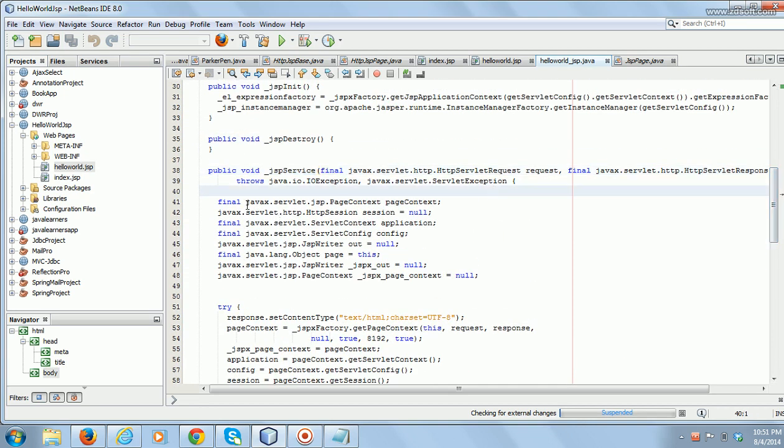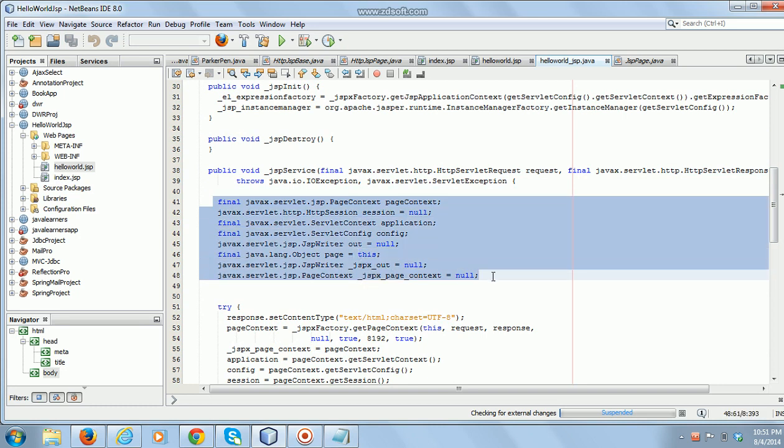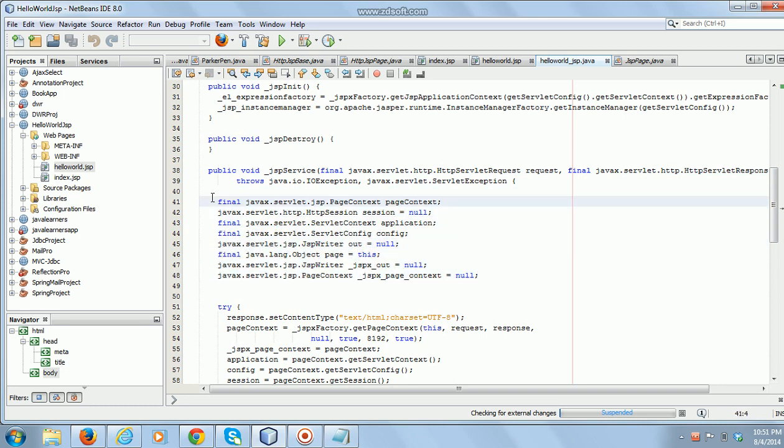The reason I can use out without declaring it is that the converted code already contains the declarations for out, config, and application. Application is nothing but an object of ServletContext. If you want to access the servlet context in JSP, you just call application.